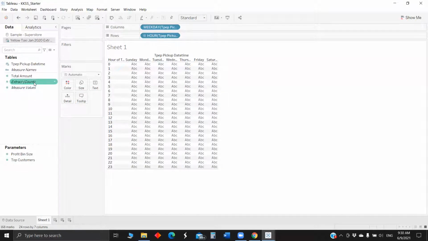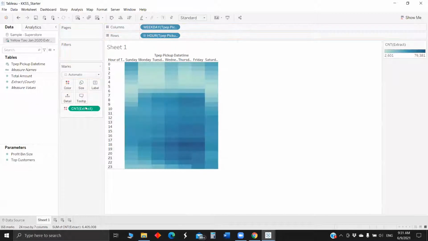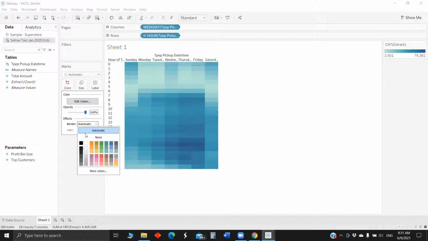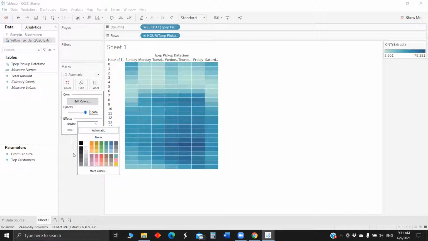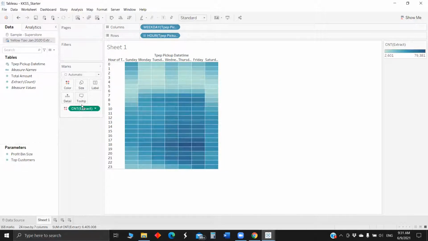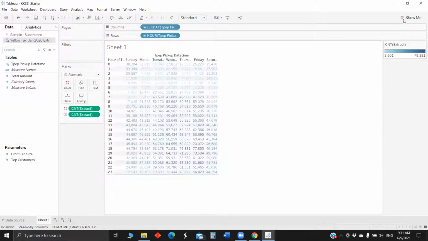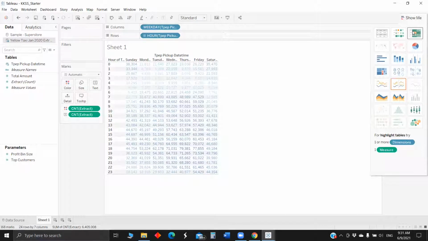Each row represents a ride, so we will just pull the count field. We will just add some border. We will add the text as well. Once you add the text, it will modify slightly like this, and we'll go to the Show Me tab and click on the heat map view.